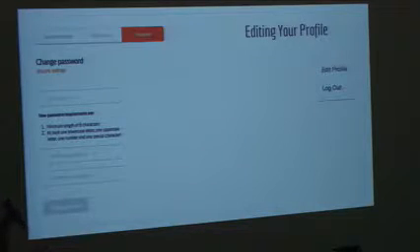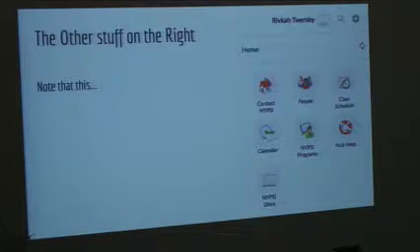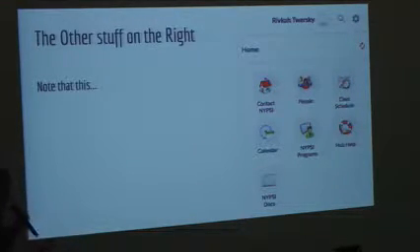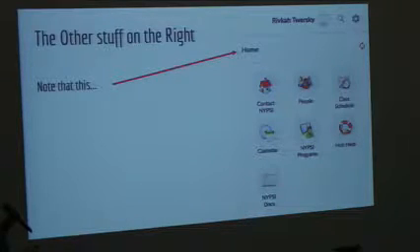Excuse me. So the other stuff on the right, what is there? There are these little icons, and like I said, Docs has things. I'm only going to go to one of them just to give you an idea of what it looks like. It's pretty straightforward, pretty self-explanatory. And note that I already said the thing about home.